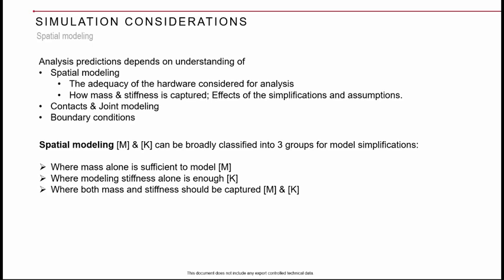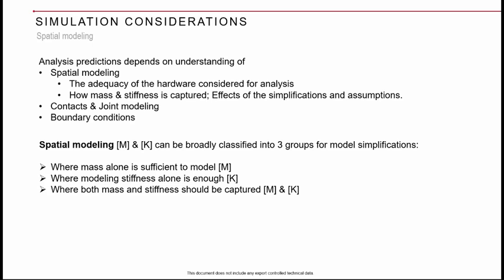Then boundary conditions. Again, there can be a lot of nonlinearities present in boundary conditions. But within our purview of linear systems modeling, how I can equivalently model the boundary conditions is another part we should be thinking about. Now coming to the spatial modeling, there is nothing but the mass and stiffness modeling. This is my perspective of presenting things for everyone to understand easily. So what I generally say is we can broadly classify spatial modeling into three groups for model simplifications, where